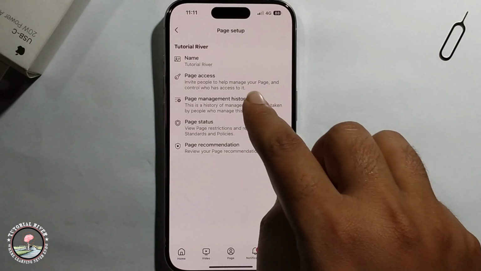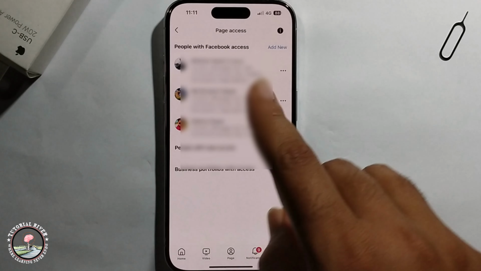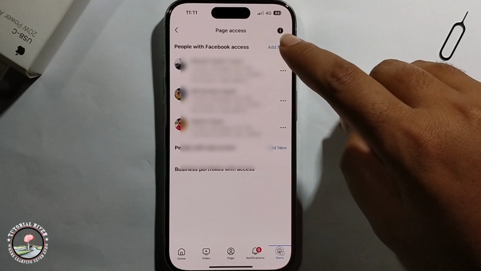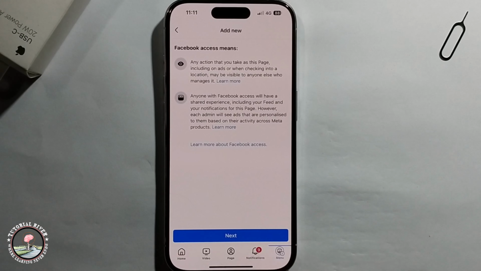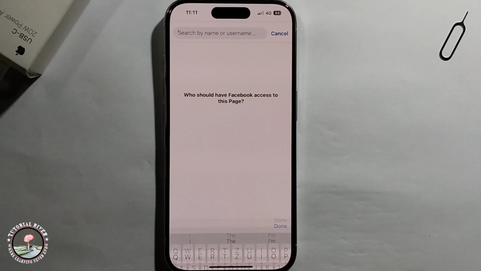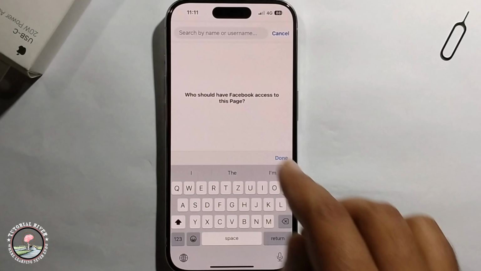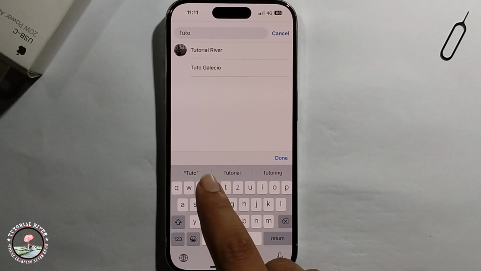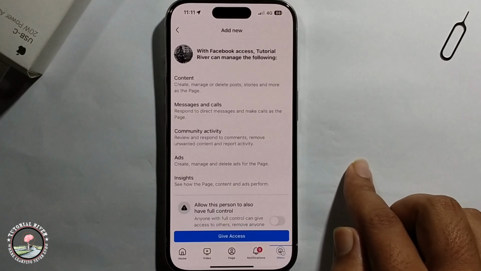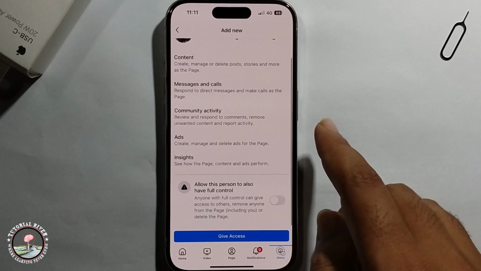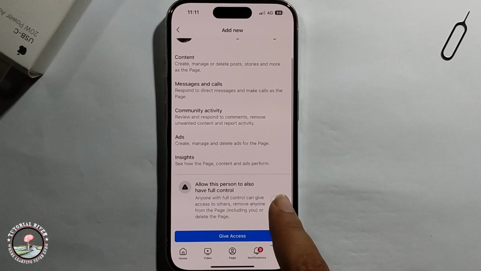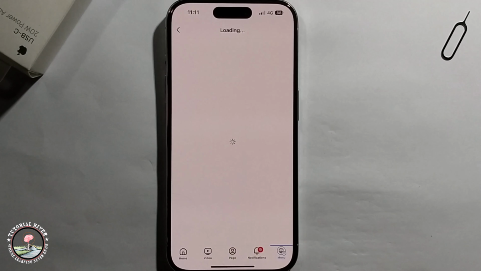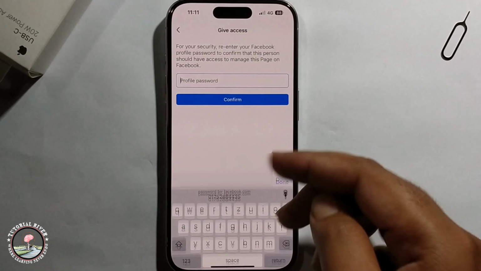Click on Page Access, click on Add New, then Next, and find the name. Click on it, and then if you want to allow this, click on Give Access